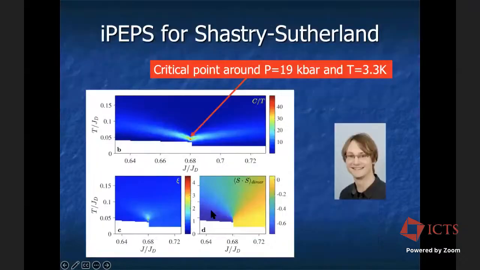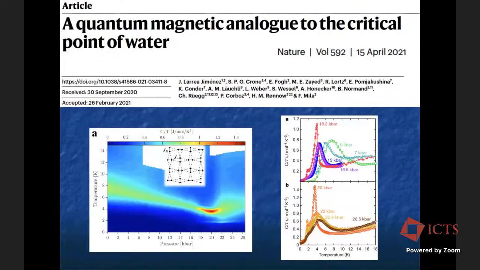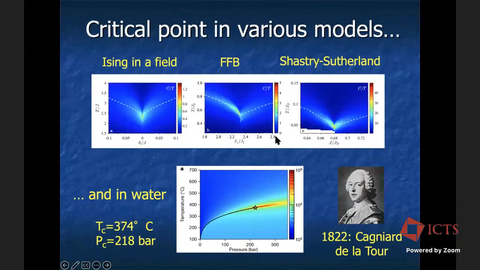And now going back to the results of Philippe Corboz, the natural interpretation is that there is indeed a critical point at finite temperature terminating the first order transition that starts here between the dimer phase and the plaquette phase. So that's the interpretation of our result, that we have a critical point terminating a first order transition in an actual system, which, from the point of view of universality, is actually present in